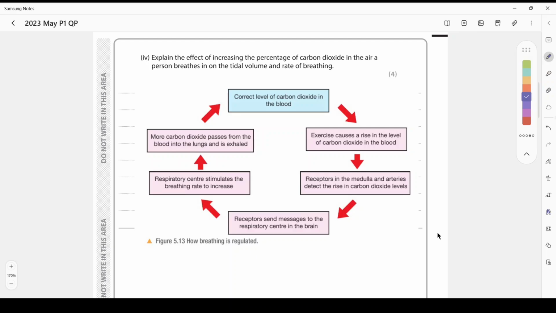And it does this using receptors. And you can see that they're specifically chemoreceptors. And you can find these chemoreceptors in the medulla, so that's in the brain, and the arteries. So specifically in your syllabus, it says the aorta and the carotid